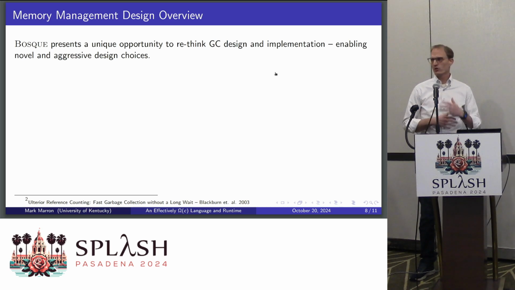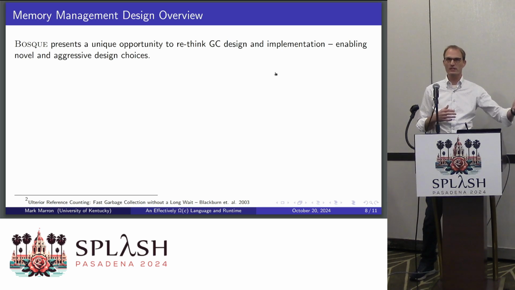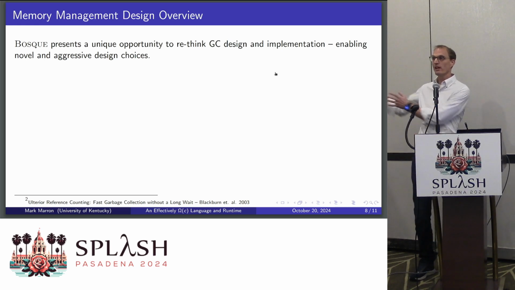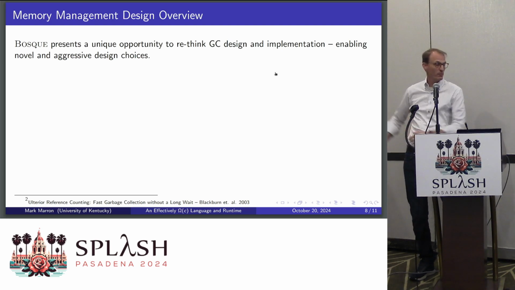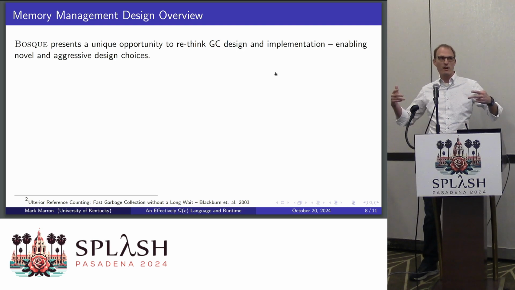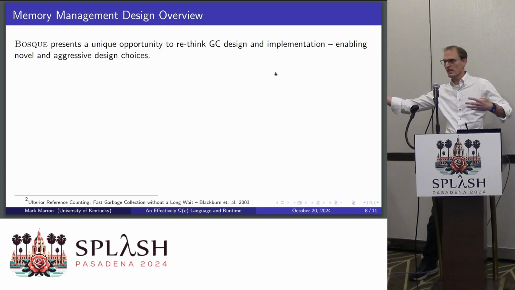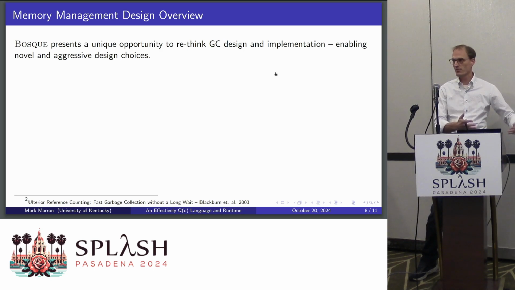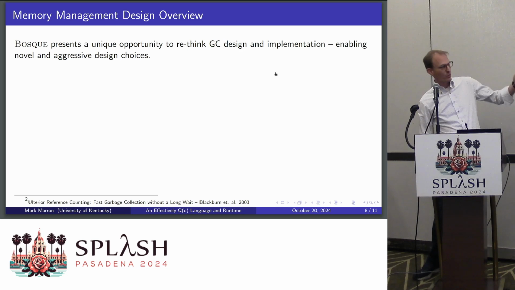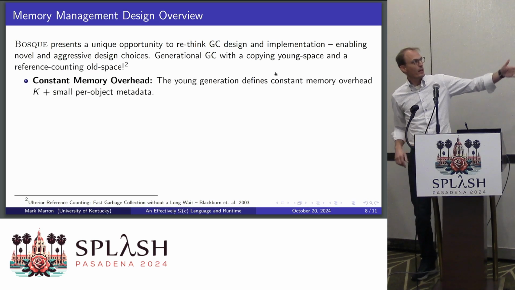But if you go in and try and implement this for something like Java, you have a lot of problems. Even though the old space is reference counted, you can't collect cycles with a reference counter, so you need a backup cycle collector. So you're still going to eventually pay some stop the world for the whole heap pauses. There are other things like, oh, you can mutate objects. So if you have your application doing a lot of mutation, you're going to have to keep track of these remembered sets, and you're going to have to update all of that. So the cost per collection is not actually just the young space, but some application-dependent size on the other thing, right?